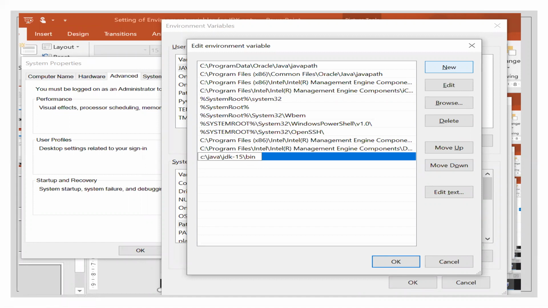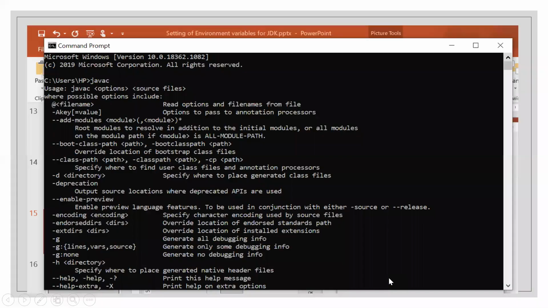complete path as C:\Java\JDK15\bin, or in my case it will be E:\Java\JDK15\bin. And click on OK. After that, whatever windows have been opened, you have to click on OK. So now I go to the CMD again, and I type CMD in my run window with the same procedure. Now I type javac on the same prompt. It has been executed. It means my path has been set.